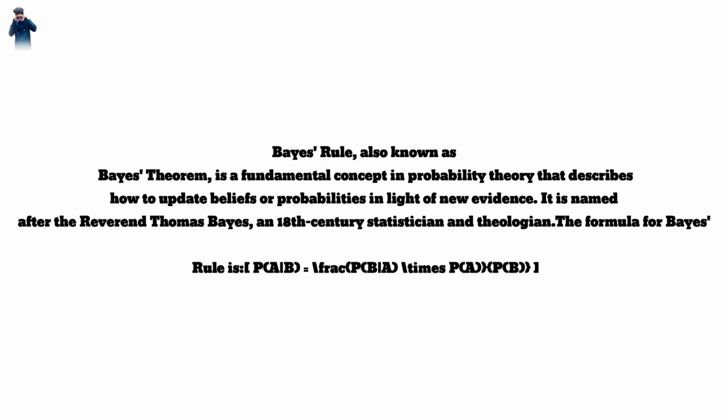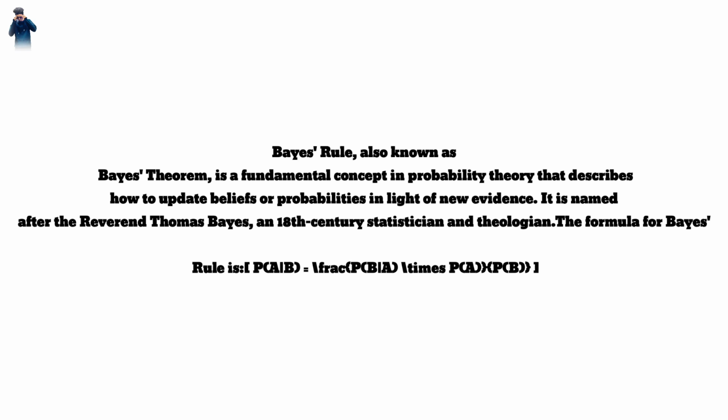Bayes' rule, also known as Bayes' theorem, is a fundamental concept in probability theory that describes how to update beliefs or probabilities in light of new evidence. It is named after the Reverend Thomas Bayes, an 18th-century statistician and theologian. The formula for Bayes' rule is P(A | B) is equal to P(B | A) times P(A)